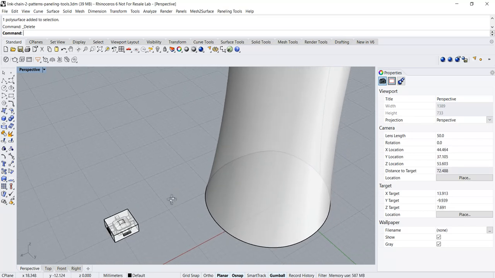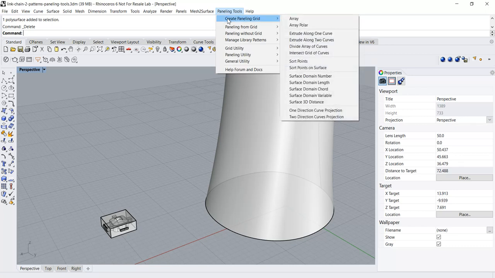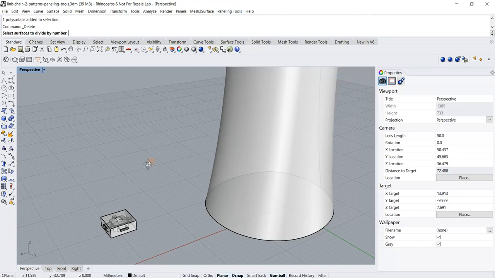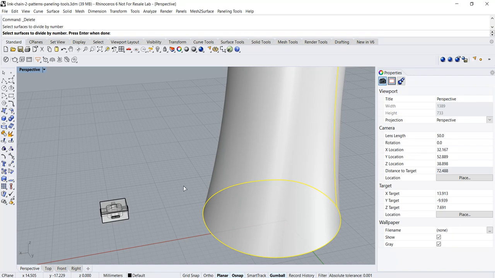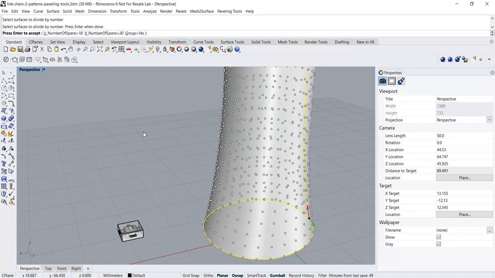Firstly, we need to create the first set of the paneling grids. Go to paneling tools, create paneling grid. In our example, we're going to use something simple called the surface domain number. So select the surface to divide. This one. Press enter. Now you will be prompted to give the values for the number of points on the U and the V span. In our case here, I'm going to use 18 points for the U span